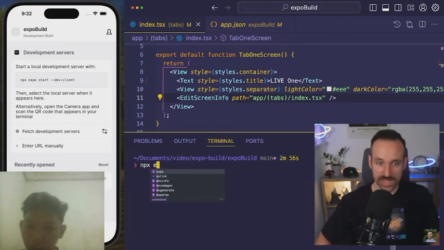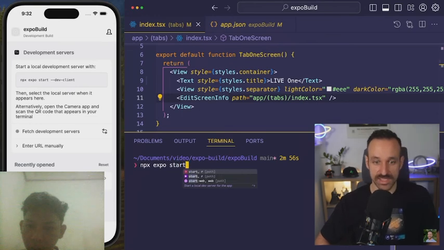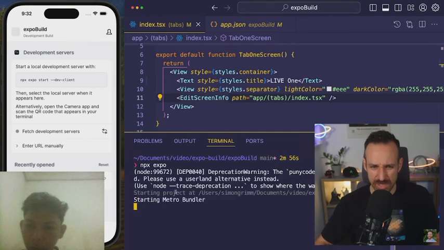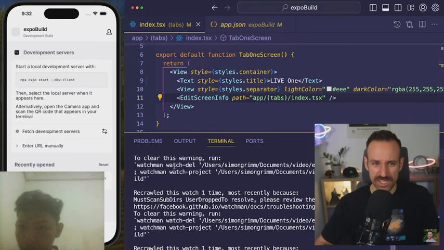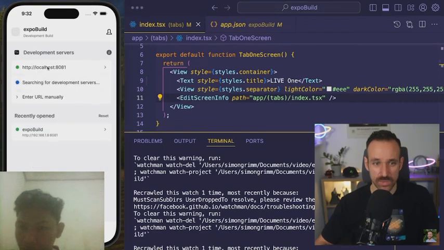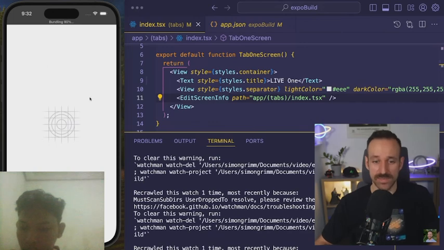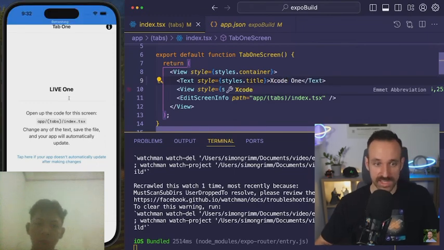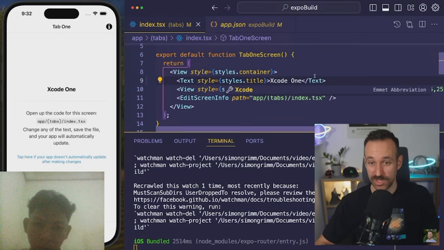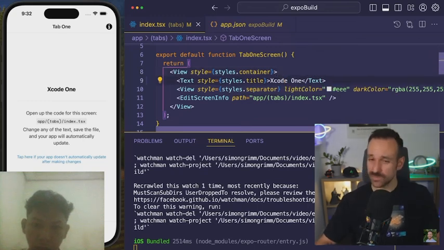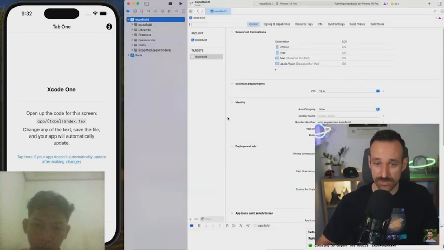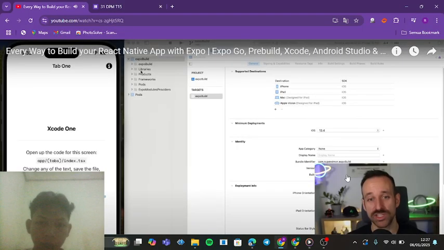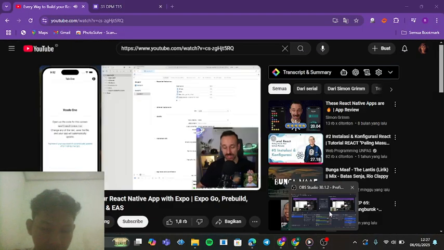So I do have to run npx expo start again, --dev-client. I don't know if I need that. I will just do npx expo for the moment. If I do this and I fetch this, we see now I can select my build again, I can connect, and my app is working straight through Xcode. Okay, what did we just do? Well, we just built the React Native application through Xcode, but this app is still pointing to our local Metro server, which means